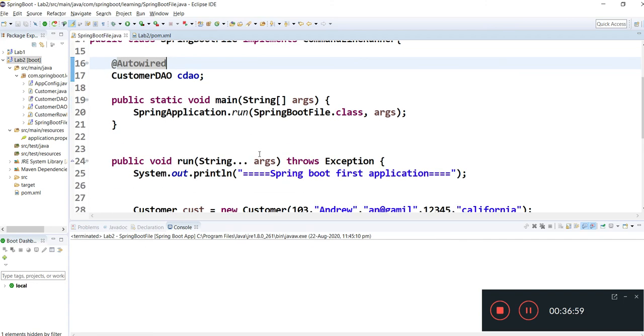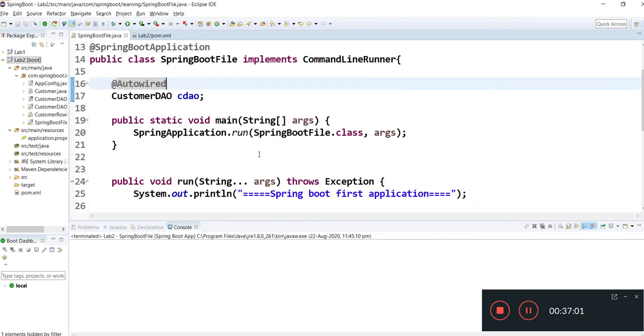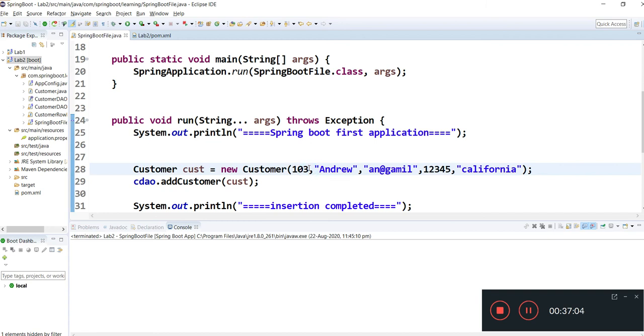Suppose I change this and update it. There might be chances that the same record is present. I just updated it, and after this terminated means if there was any error in the Java file, it should give some errors.